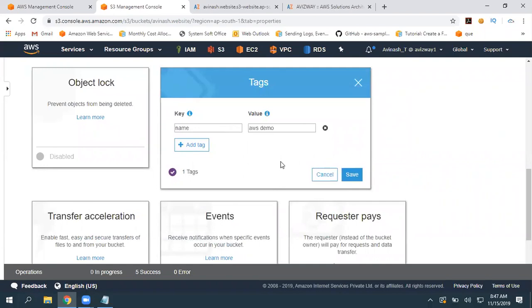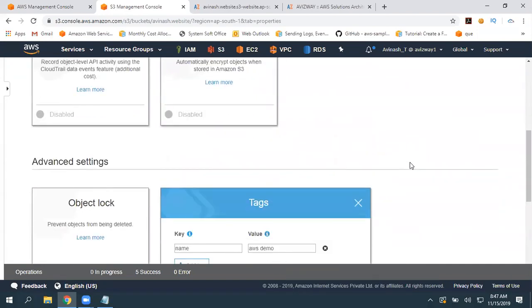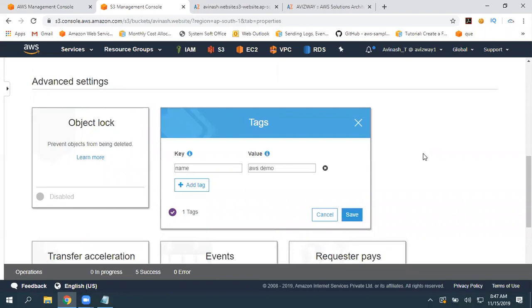Tags. Basically, we can deliver all our metadata by using the tags option. We can allocate tags at object level or bucket level. Simple. A tag is nothing but a combination of key and value pairs, whatever metadata you want to give. What is metadata? Data about the data, simple. So I have an S3 bucket. I have some data inside that. But I do have some information about that bucket also, right? That is what metadata is. Simple.